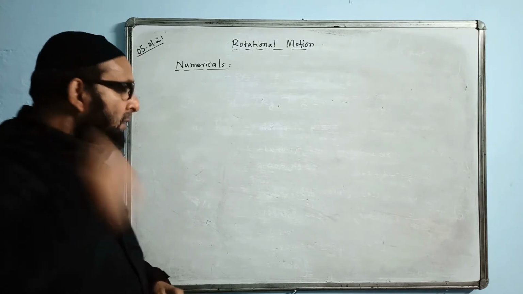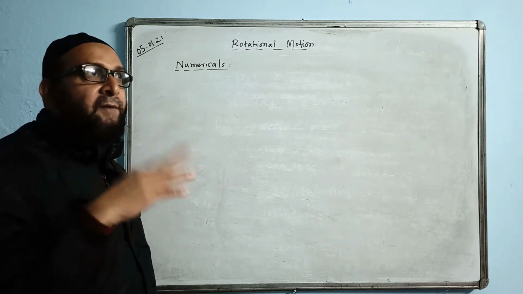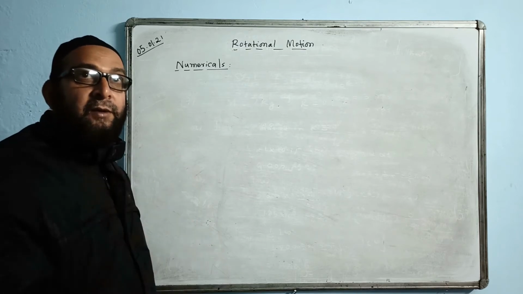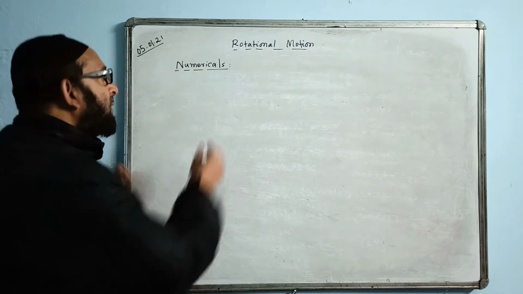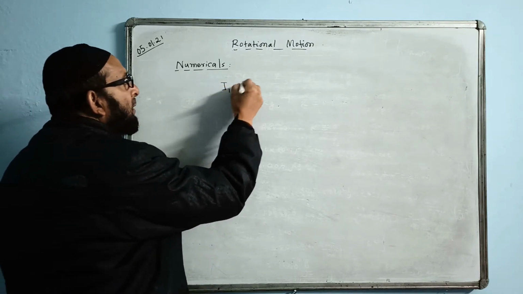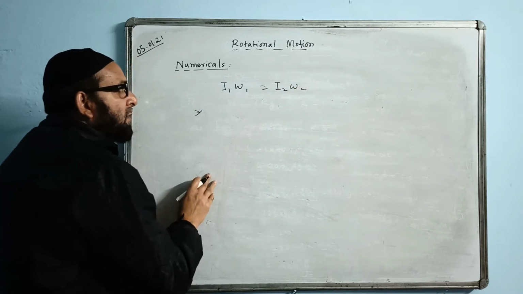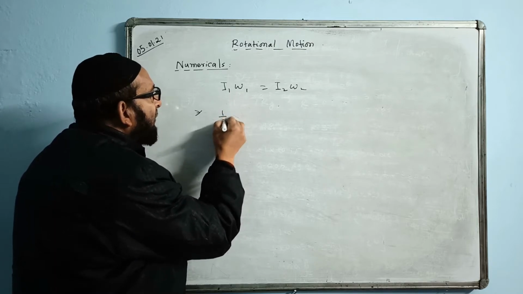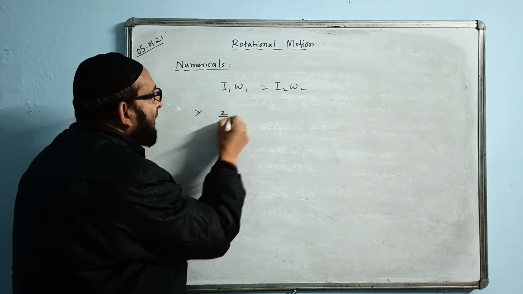Right. Now, Earth is spinning, and there are two different situations given. That means the radius is changing, which will change the moment of inertia. Then omega will increase, and angular momentum remains conserved. For the two cases, I write the formula I1 omega 1 is equal to I2 omega 2. Next, I1 is 2 by 5 mr square, because Earth is a sphere.